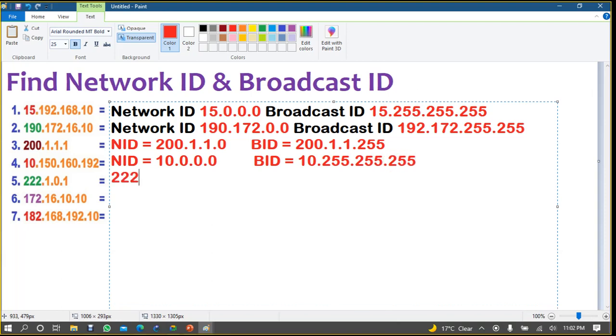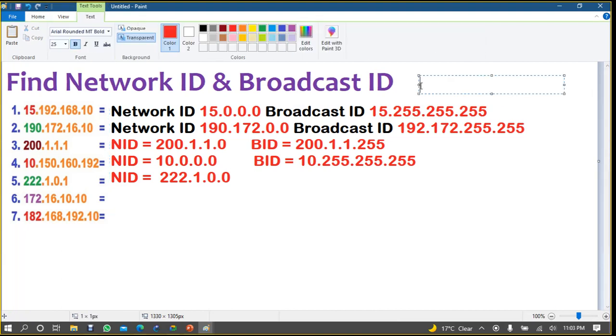Here it is class C. So the network ID, NID, is 222.1.0.0. And the broadcast ID will be,